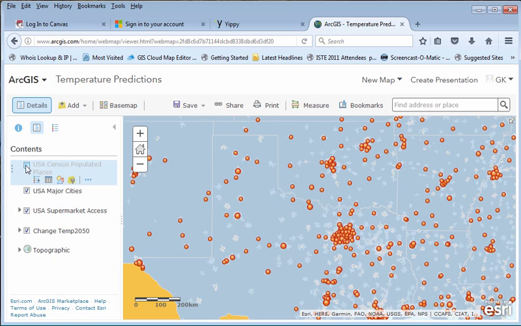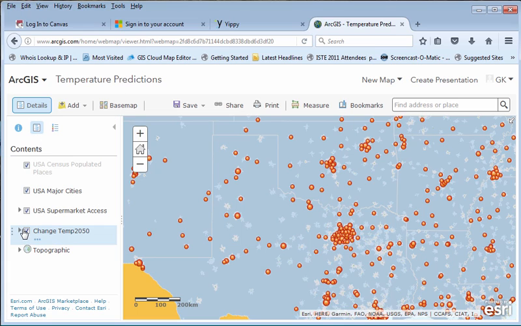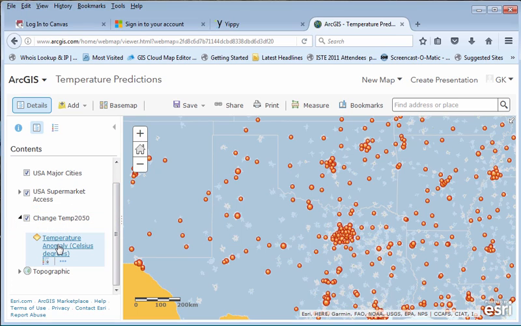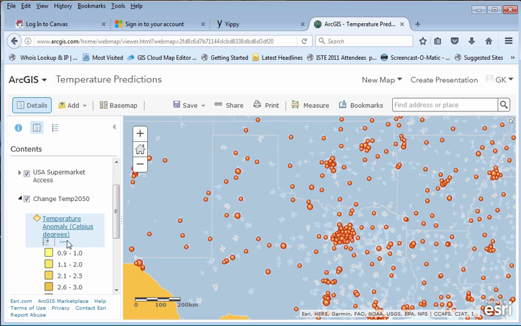So we need to figure out what we can do with this. Major cities, pretty cool. Can figure out what that is. Change in temperature. Now when I hover, change temp 2050, all I see are three dots. More options. Okay. If I hit the little drop down, I'll see something here. If I click on it, I'm basically seeing the data values, the legend, and if I click the three dots,